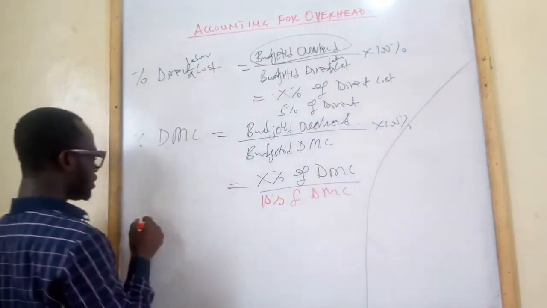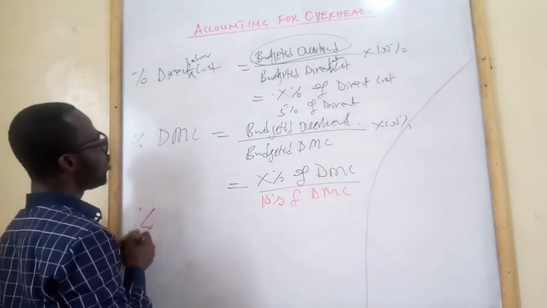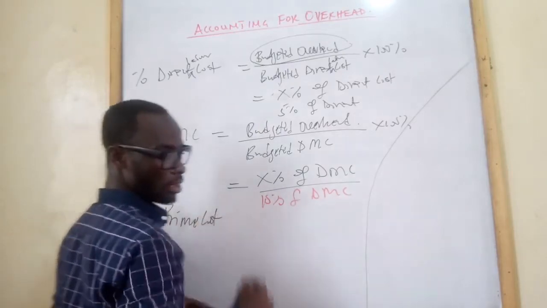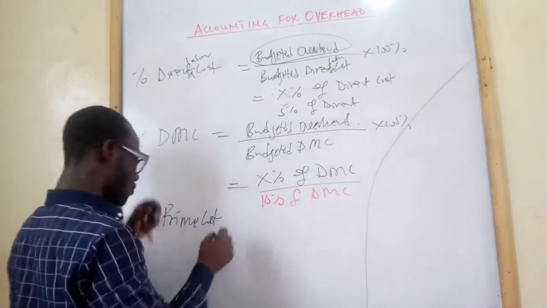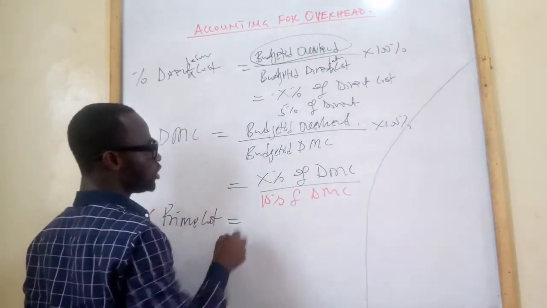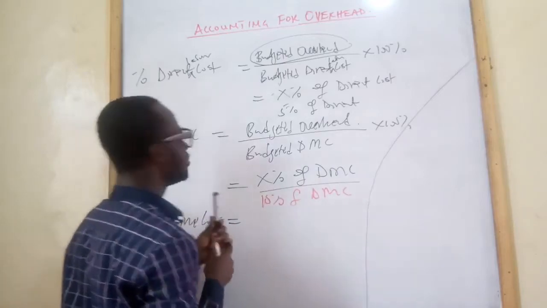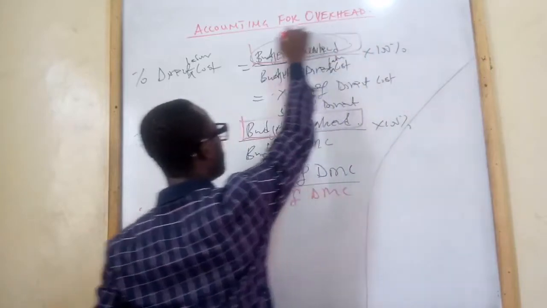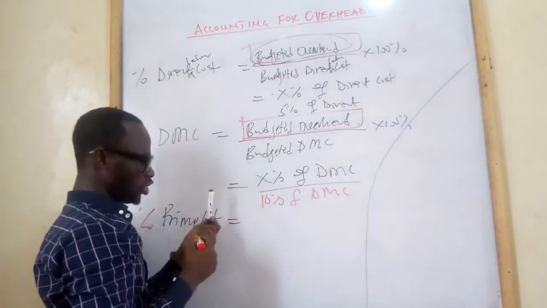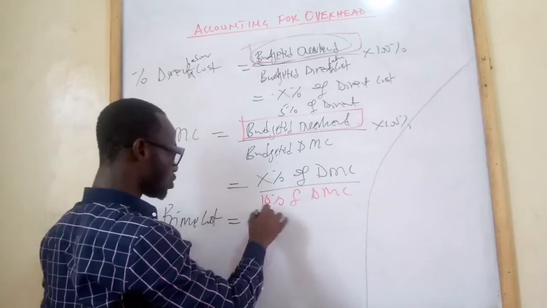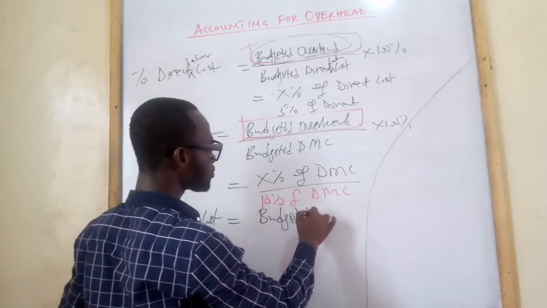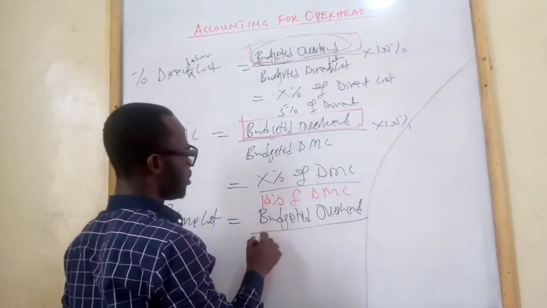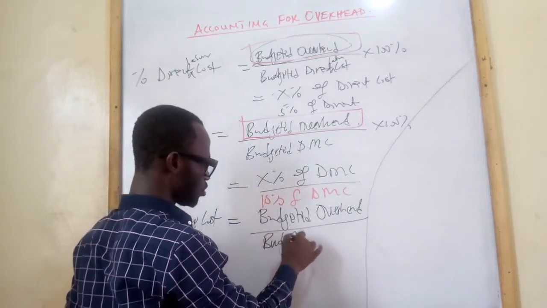Then we have the overhead absorption rate based on the prime cost, a percentage of prime cost. For all the overhead absorption rates you'll be calculating, the budgeted overhead is going to be the numerator. It is the denominator that will be changing. So based on prime cost, it is going to be your budgeted overhead over your budgeted prime cost